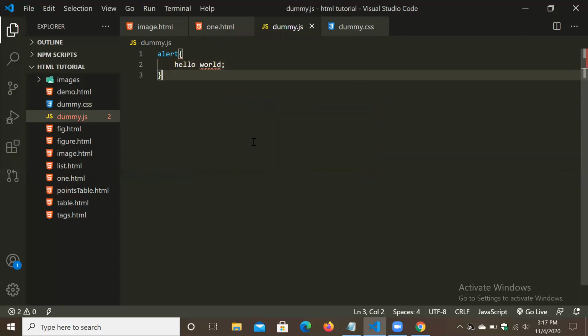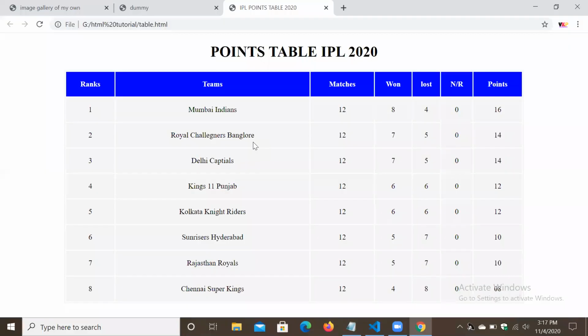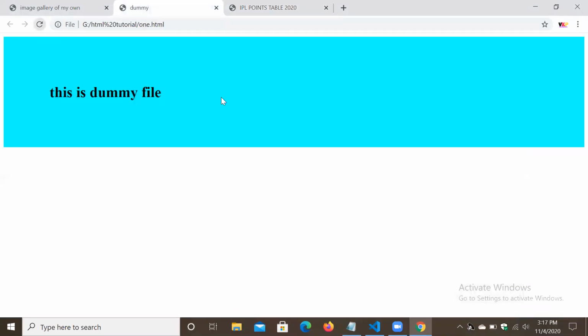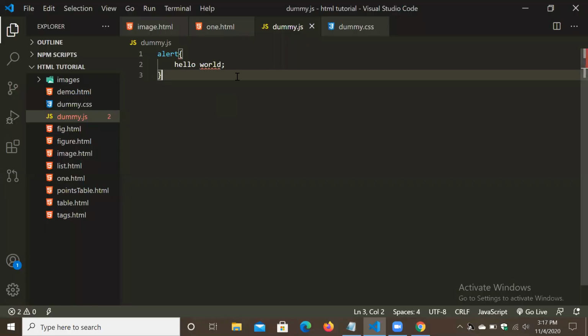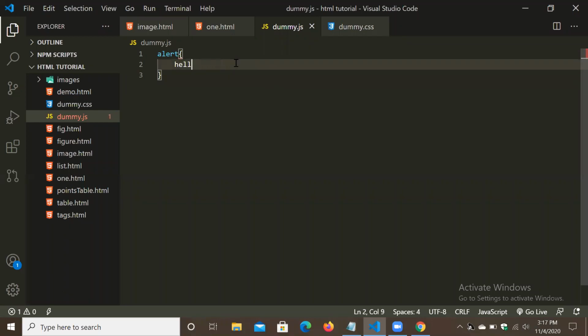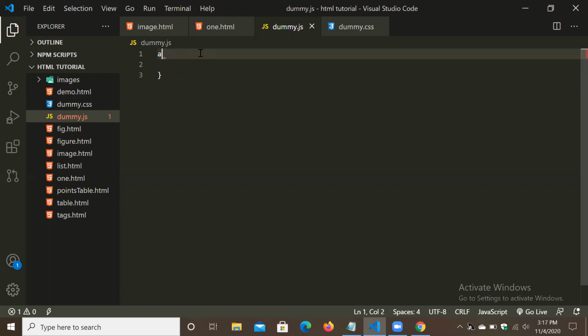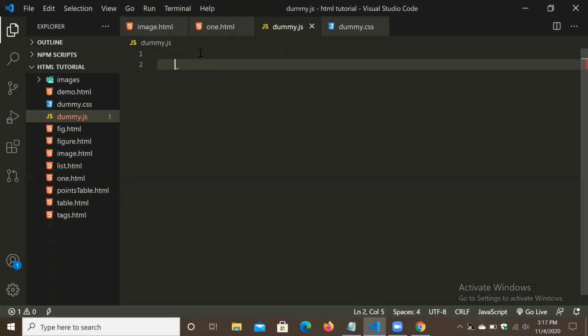Okay, that's it. Control S. Sorry, we have to create one function, not CSS.